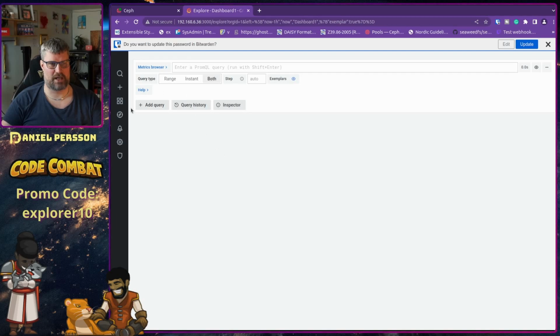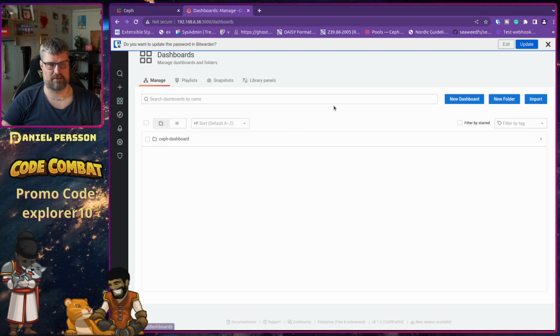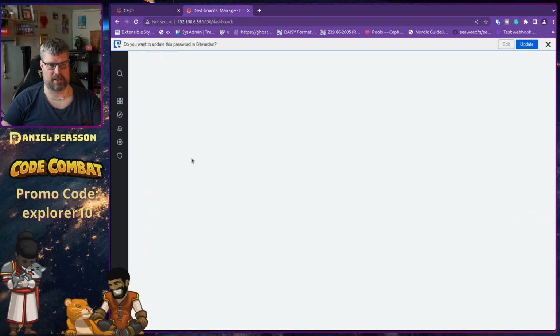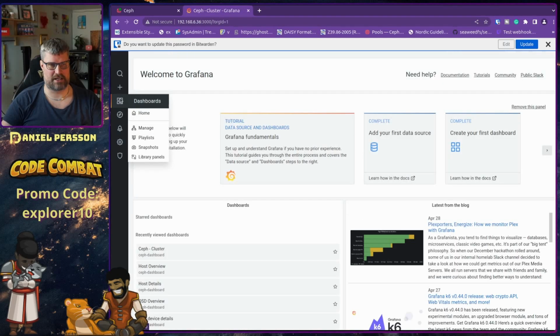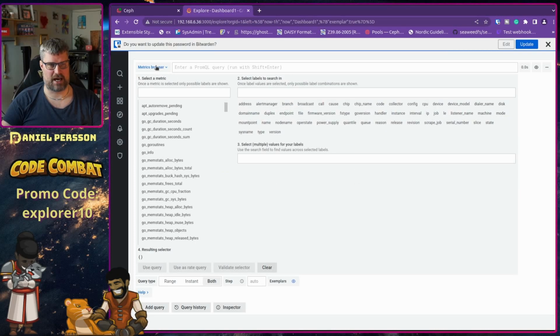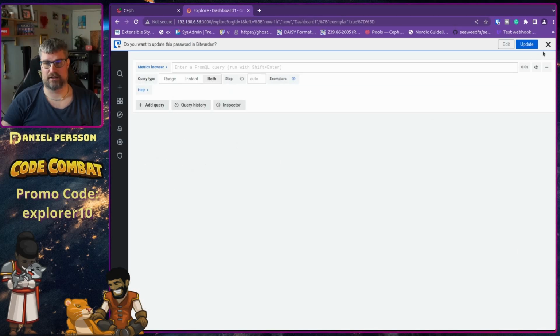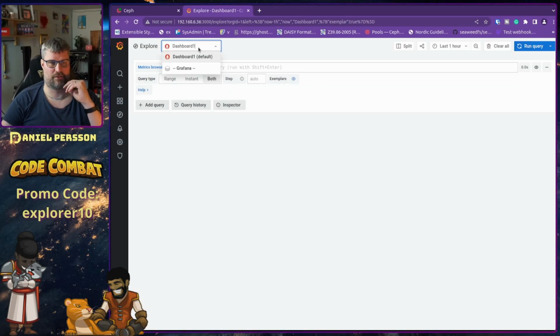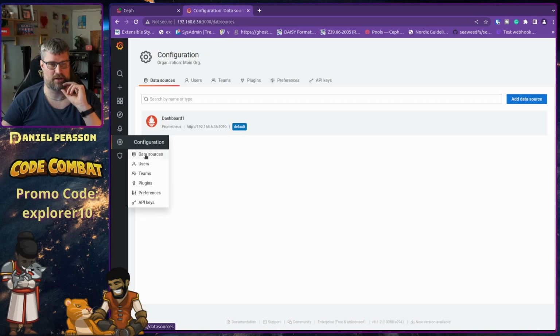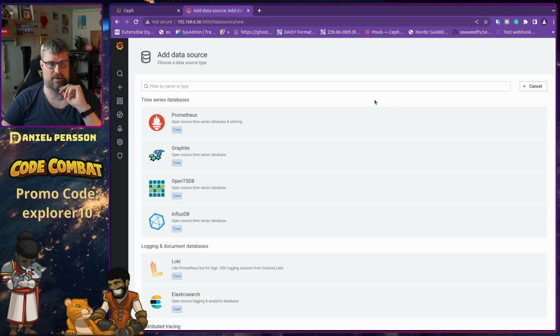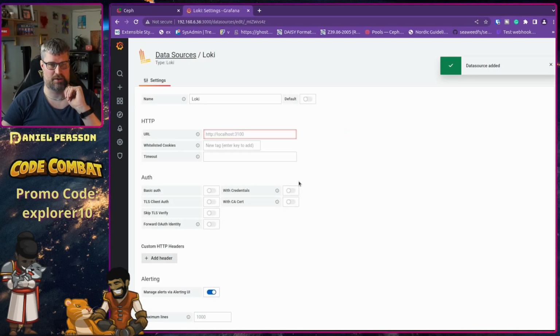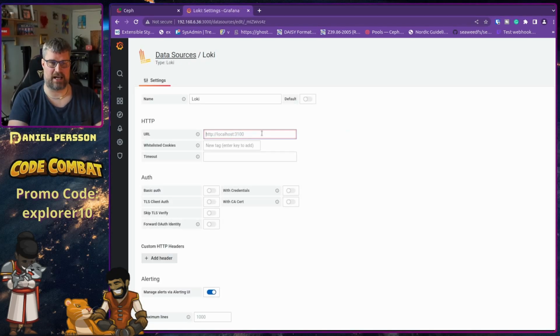And here we can see that we have a bunch of different dashboards that we can look at, with all the information. But under the Explore tab here, I only have the default data source. I need one more data source here, and I will set up a Loki data source. I go to data sources, I add a new data source, I add a Loki data source, and what I need here is actually to write exactly what it says in this